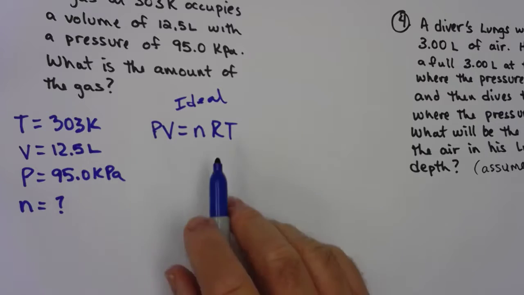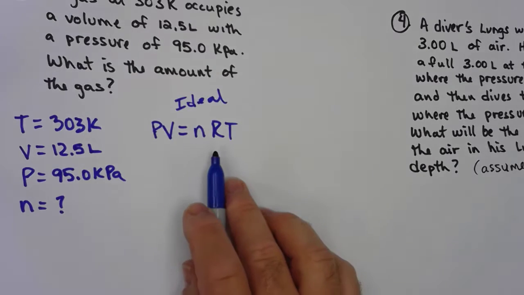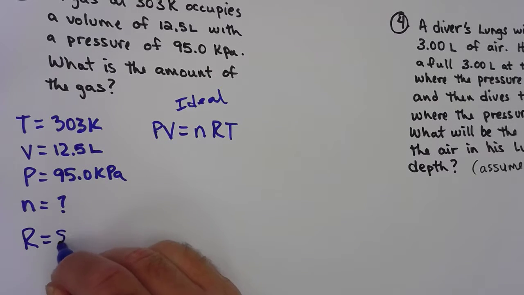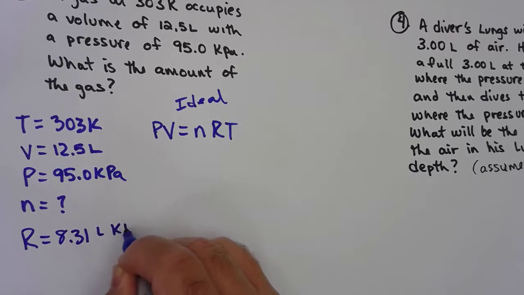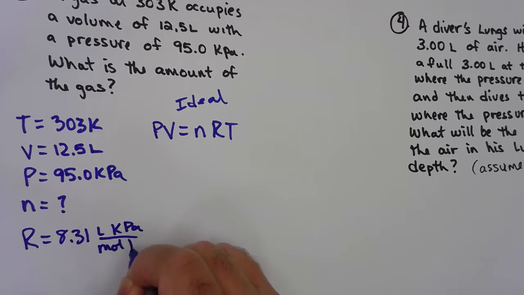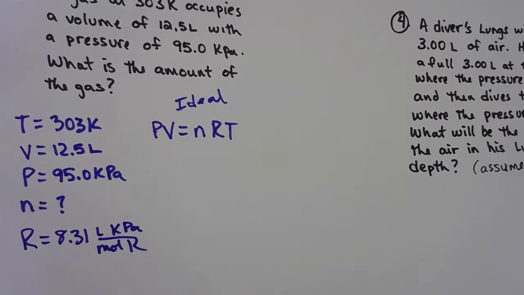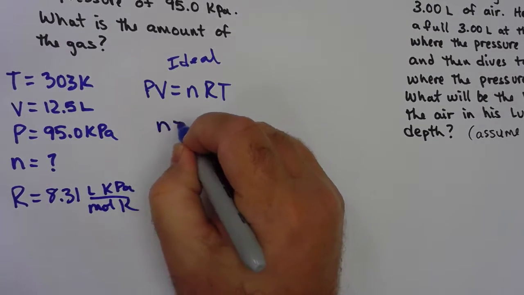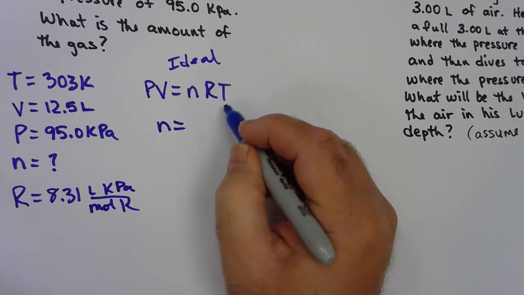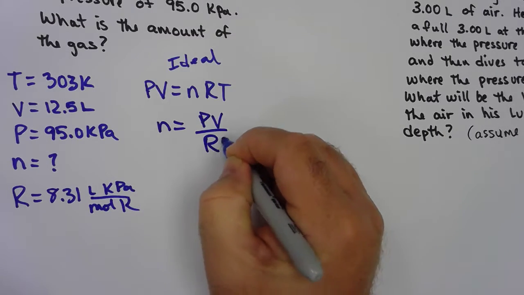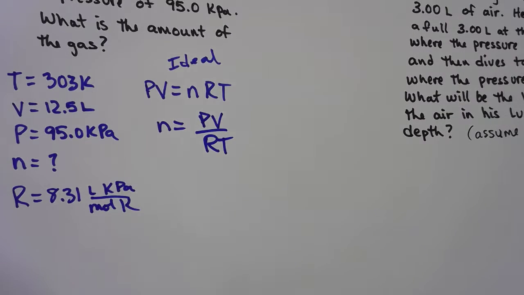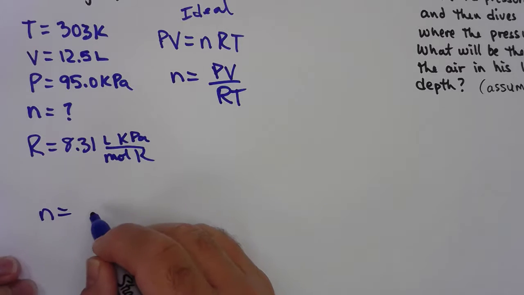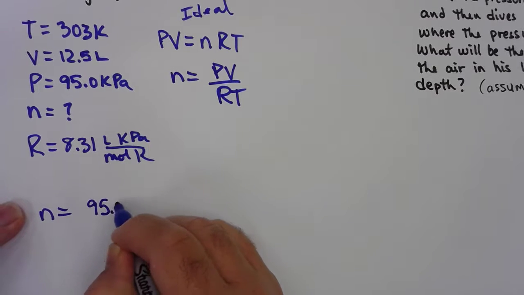Okay, so I still don't have a value. It didn't tell me in the problem what R was, but we know what R is. R is 8.31 liter kPa per mole Kelvin. So let's plug in. Oh, we need to rearrange. We're looking for N, so N would be, I'm going to divide both sides by RT. I'm assuming you have some algebra skills. PV over RT. So let's just plug in N equals P, 95,